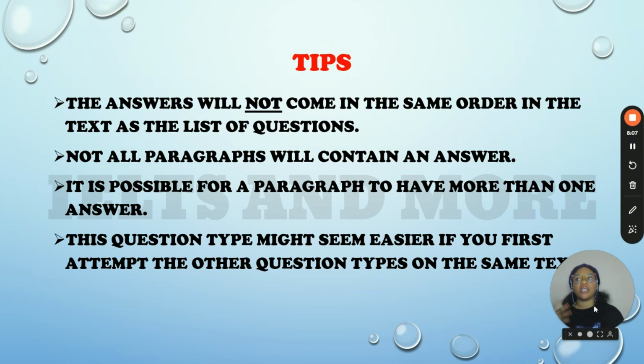So you'd have maybe true, false, not given, and then matching information, and you'd have to answer them from the same text. So this point is just saying if you meet a passage and then you have matching information to paragraph as well as another question type, it might be easier if you attempt the other question type first,